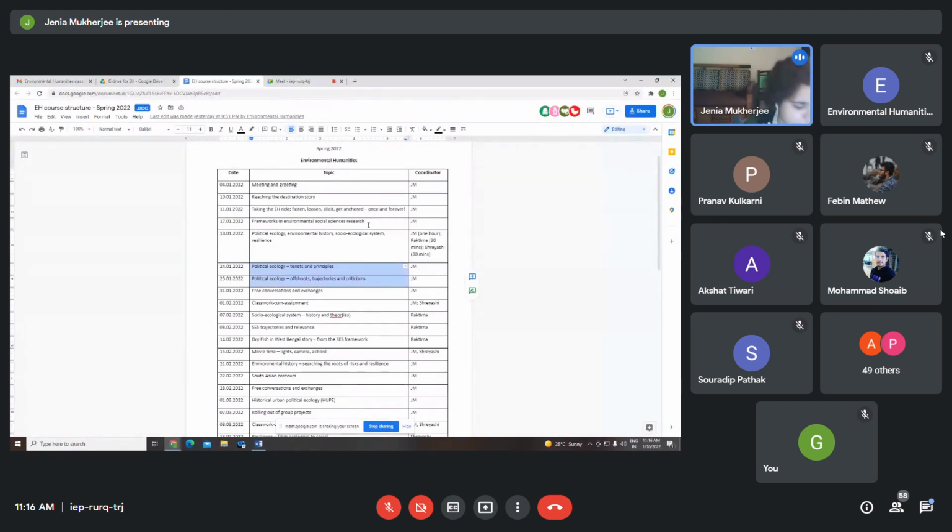So we'll have a whole lot of discussion on I2S, which is integration and implementation sciences. For example, political ecology will be one of the themes in this particular course. So when I complete this particular topic, then of course you can expect that